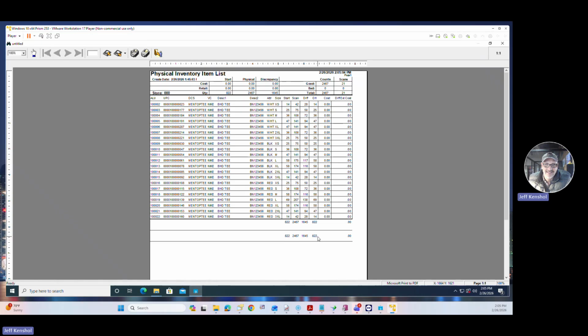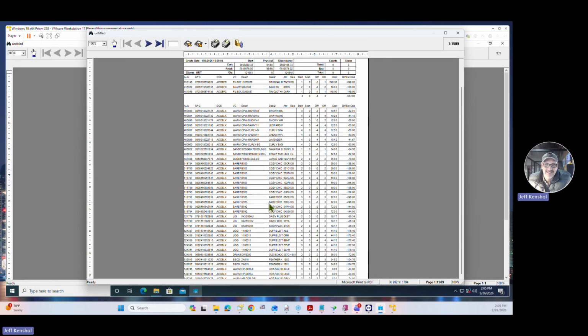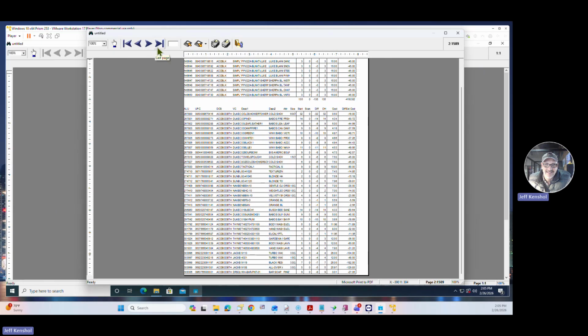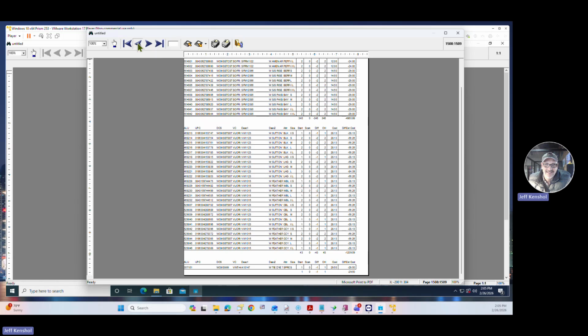Not sure why my extended cost difference is not working. It usually does work, but I'm not going to troubleshoot that on a webinar. That'd be weird. I was playing around with it earlier, and for some reason my inventory was not working real well. The print was hanging, but then it fired off. That's a real inventory, by the way. This is real data. There's 1,509 pages in this version. So there's a real discrepancy report, with real departments